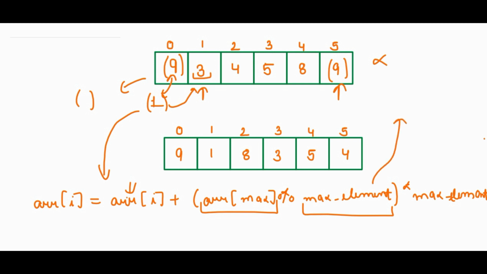Okay, now let's come to maximum element. The maximum element is any element which is greater than the maximum element in this array, because that value will remain constant. How it will help us, we will see. So the basic maximum element that we can take is the maximum element of this array plus 1. Okay, so this will be our max element, which is 10, right? So it will be different for different arrays. For now, I have taken max element as maximum element of this array plus 1.